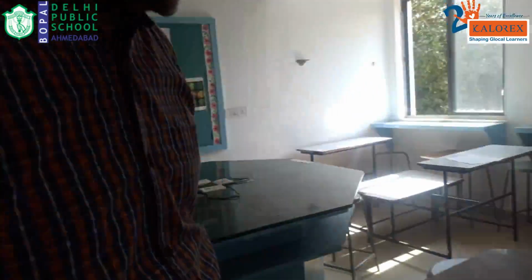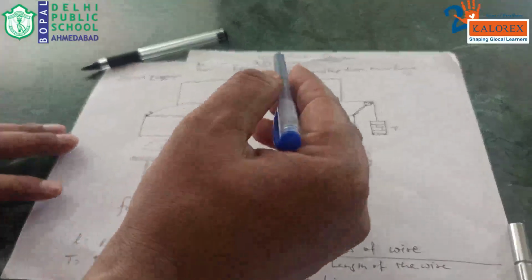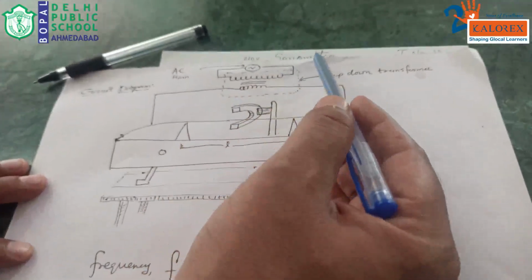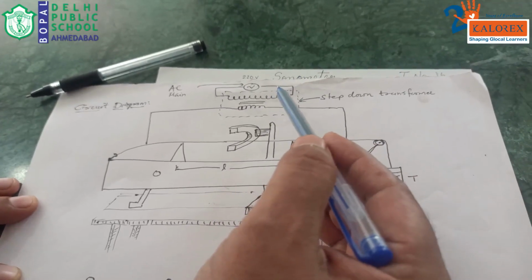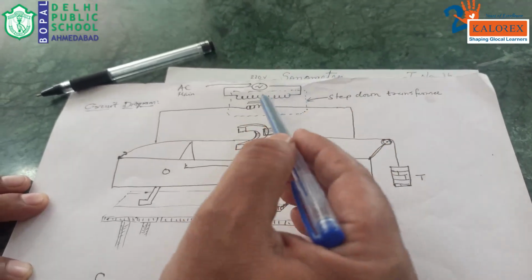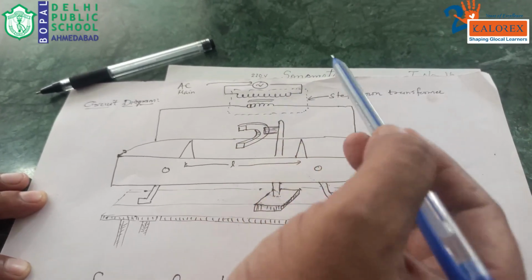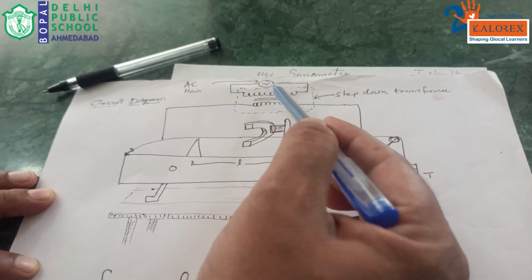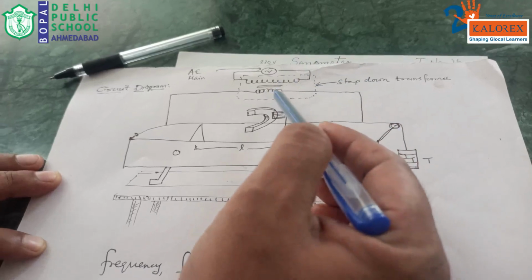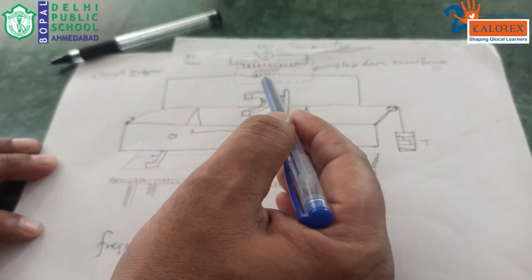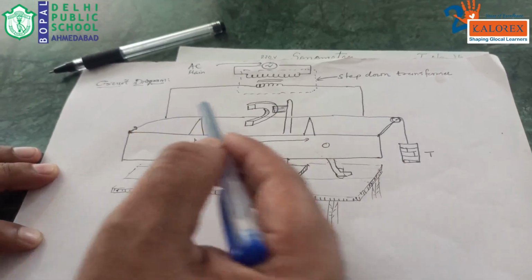So here is the circuit connection we have. You can see this is the title of the experiment, that is sonometer. We are finding the frequency of AC mains, our household AC mains, which is equal to 50 Hertz. Here the AC mains is passed through a transformer which converts a high voltage AC signal into a low voltage AC signal of around a few volts, and this AC voltage is further passed to the two extreme ends of a sonometer setup.